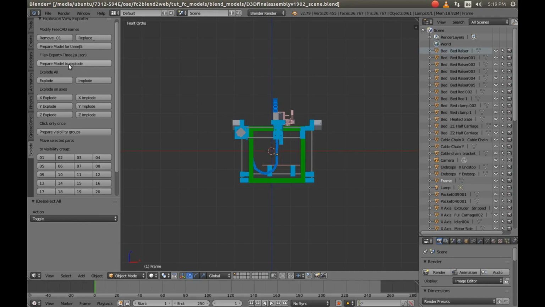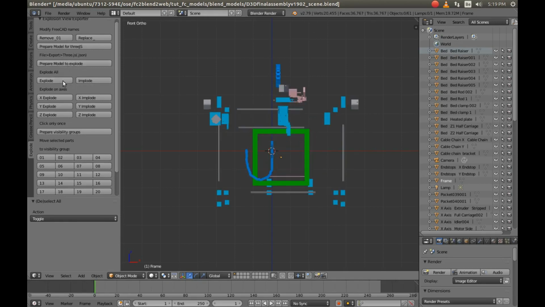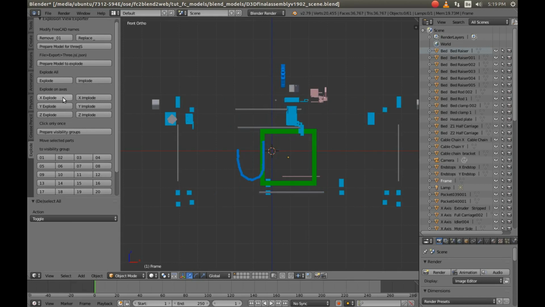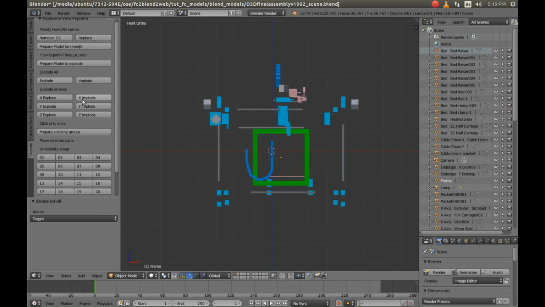We're ready to explode the model. Click the Prepare Model to Explode button. This relocates the origin of the parts to their geometry. Click one of the Explode buttons. Depending on the type of model, you can explode all on all 3 axes, or explode on the axis of choice if it's a long model that you want to expand more in a certain direction. Sometimes even that doesn't give the desired result, but once the model is exploded a bit, it's easy to select certain parts and